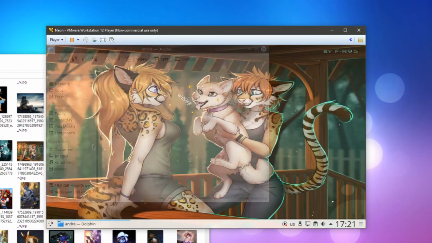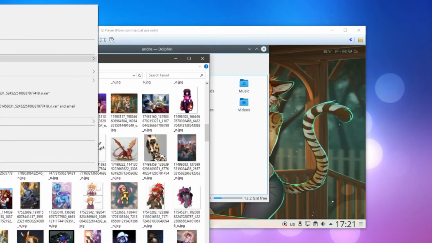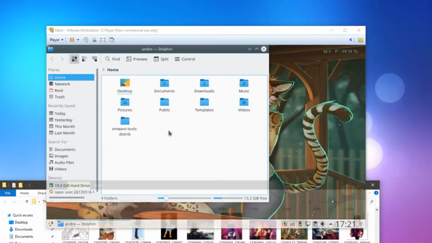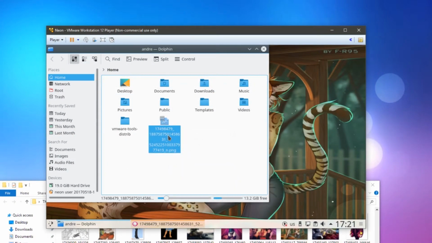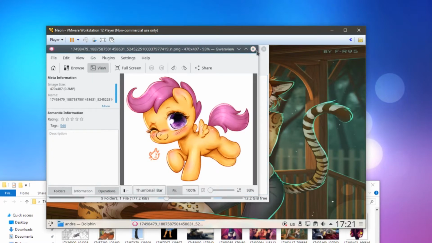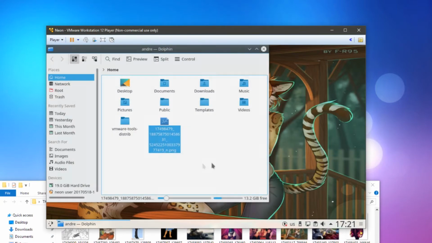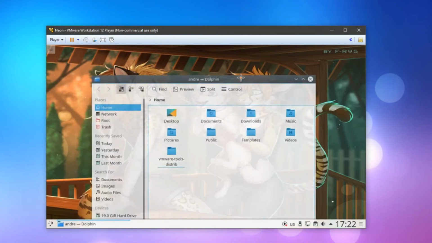So I have Dolphin here, like the browser for the files. I am copying an image from here, and then I'm pasting. Can I paste it here? Paste one file. It actually moves files from here to there. Holy crap! This is actually better than just using a shared folder, because you can actually drag from your Windows machine right into